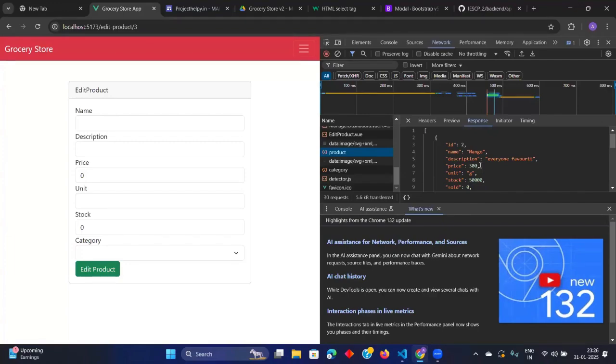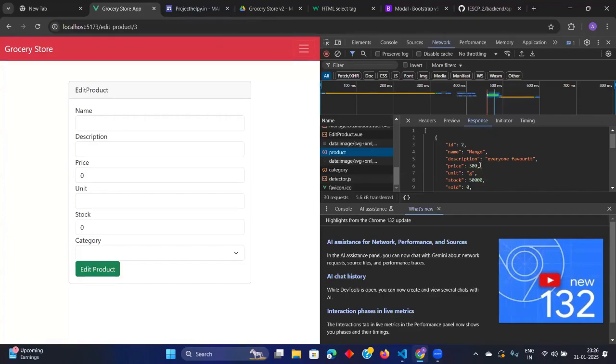As of now it is exposing all the IDs, right? If we create this and go to the next page, it is showing all the IDs. But what if we do the same edit product thing on the same page using the Bootstrap modal? Bootstrap modal in Vue.js is actually not easy to apply. I have applied these things in previous projects also, but it becomes difficult to apply there.